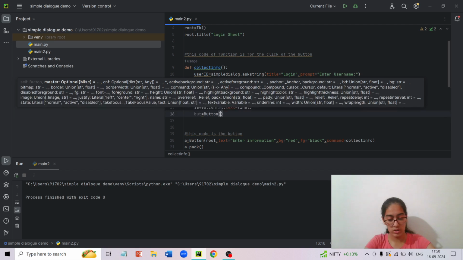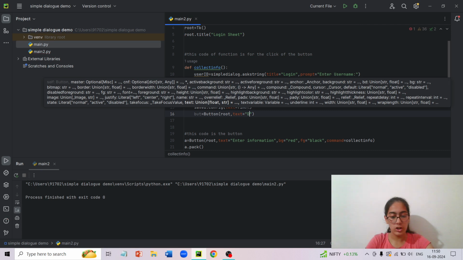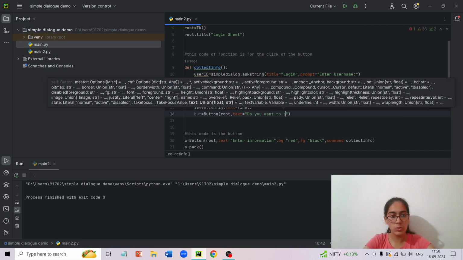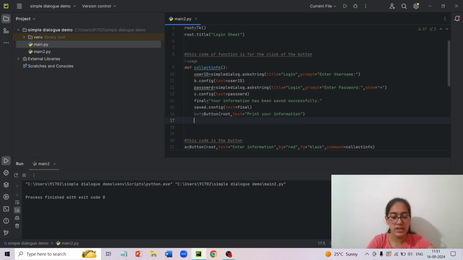So it will show root comma text equals, do you want to save, or do you want to copy, do you want to print your information, or let us just say print your information. Instead of a question, let's just put print your information. Now we need to pack this, so but dot pack bracket.